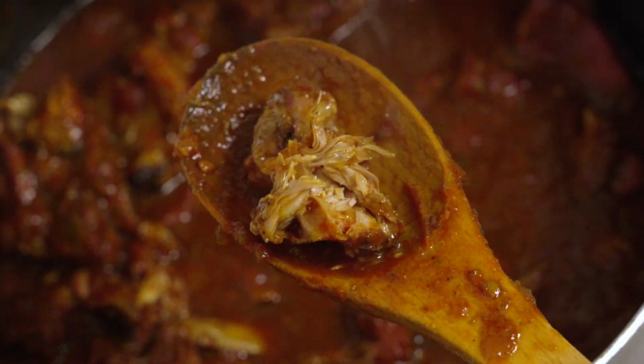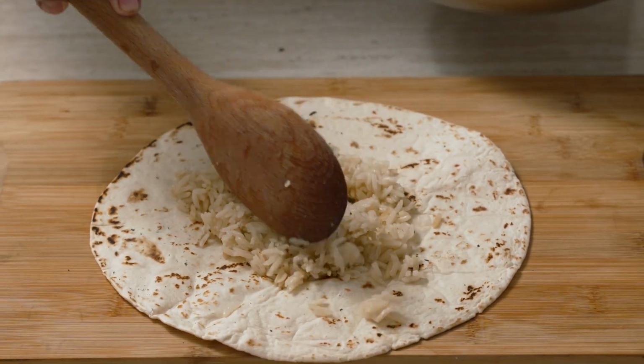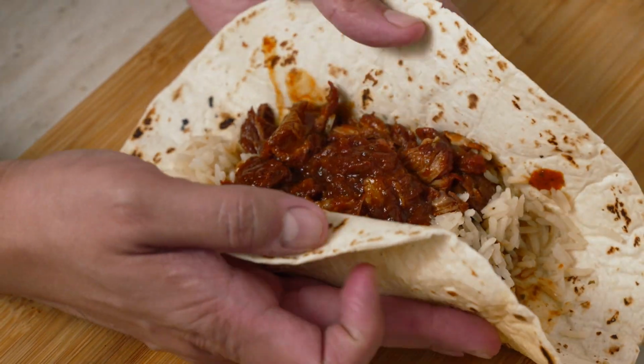As I mentioned earlier, I like to pour it over rice and serve, but let me show you another way. I'm gonna make a burrito. Add in some rice, and in a bowl I went ahead and removed all the bones from the rib meat, and I'm gonna add it into our burrito. Fold,